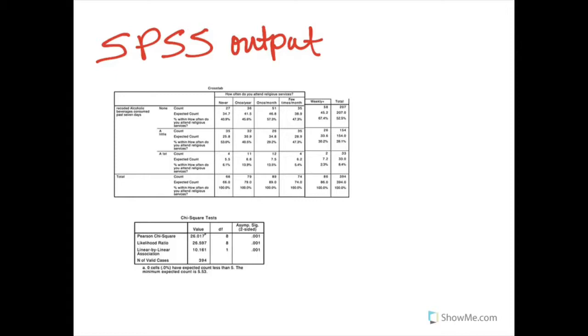And even though we don't have access to the software, I can actually show you, if you ask the software to do the analysis, what the results would look like. We don't do hand calculations in stats. They're good for when you're first learning, but when you start doing things at the bivariate level and beyond, they get a little cumbersome. First thing we want to do is make sure that we have set up our crosstab